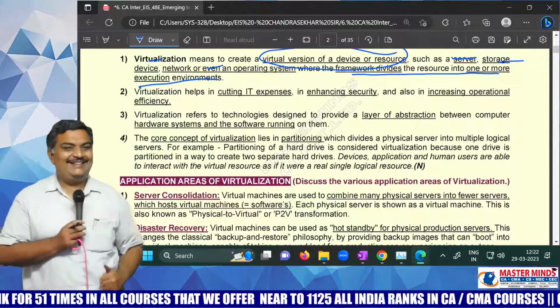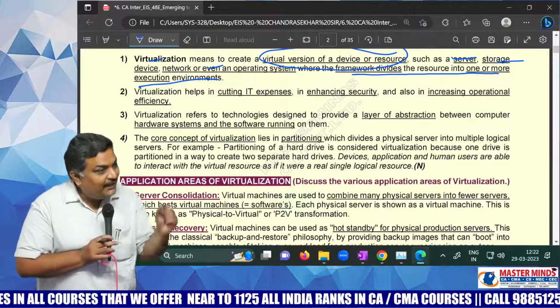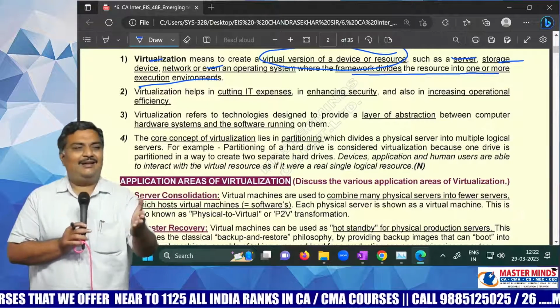Now you read the lines. Virtualization is to create a virtual version of a device or resource such as, see,